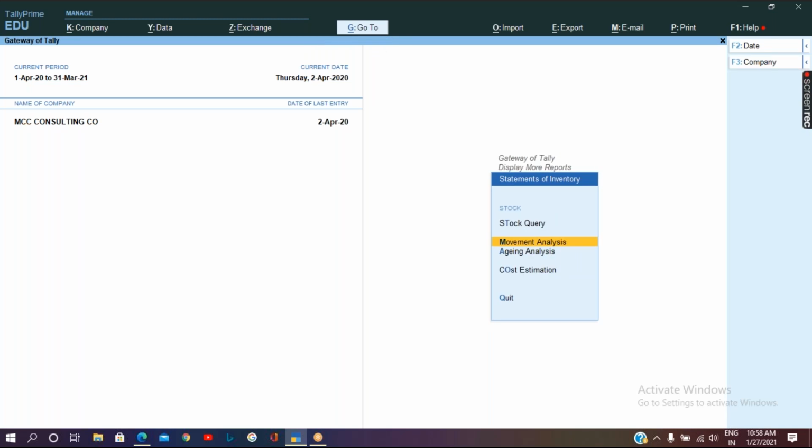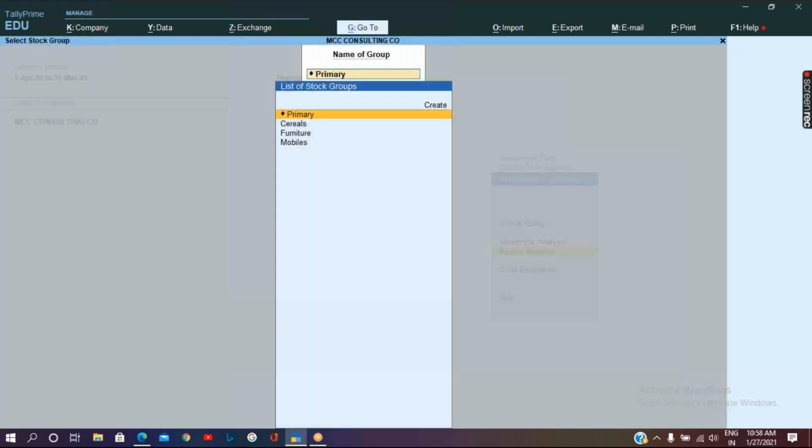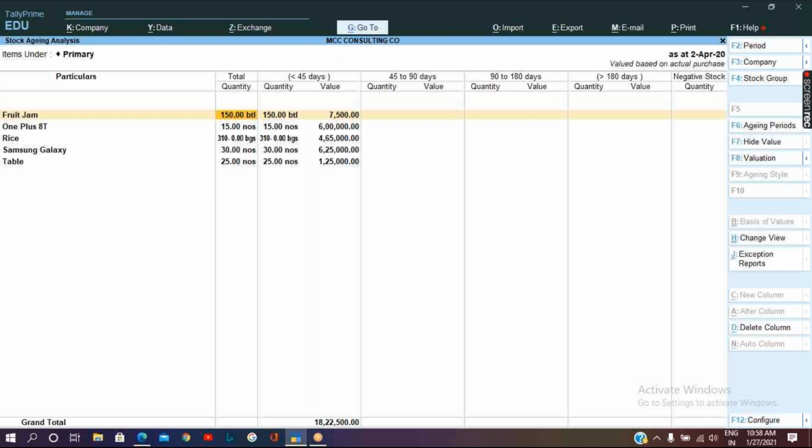Then there is one more report called Ageing Analysis. What is this ageing analysis used for? It is to know, for whatever stock you have, the closing balance, for how many days it has been lying with you.